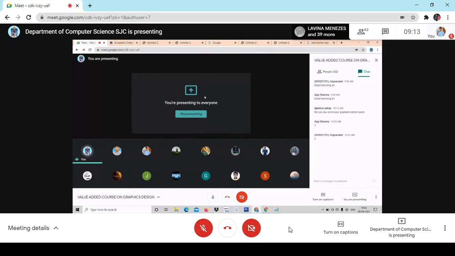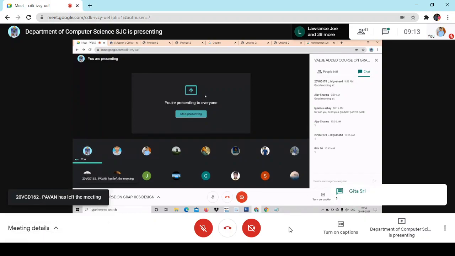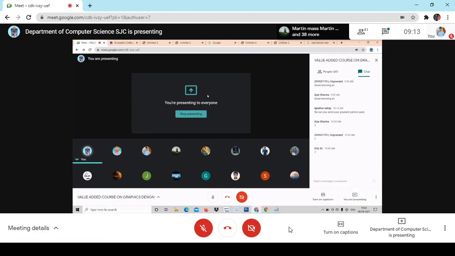Now we shall go for the user interface design for a mobile. Okay, a login page design. As I told you, for web design, you need to concentrate only on the design aspect. Programming will be done by the programmers of the company. The role of a graphic designer is to concentrate on the design aspect of the user interface.